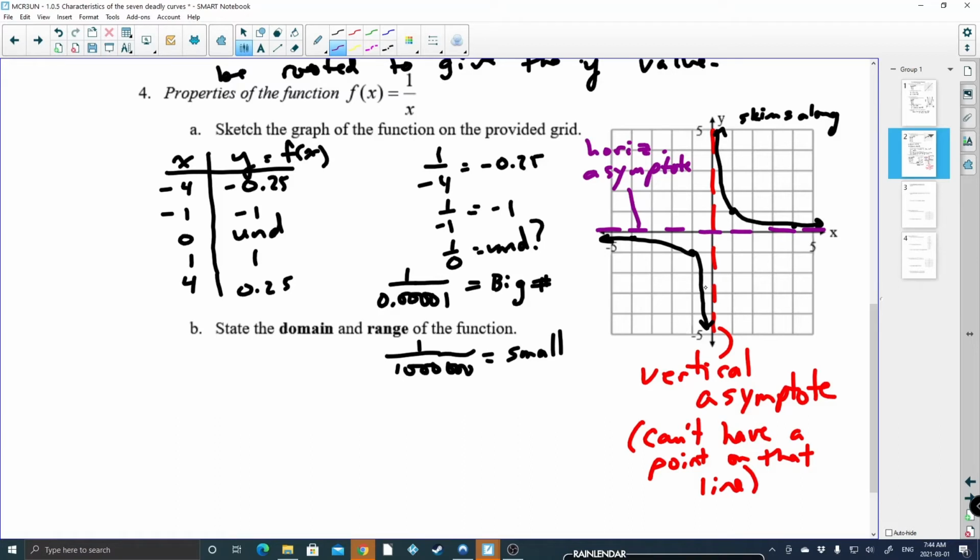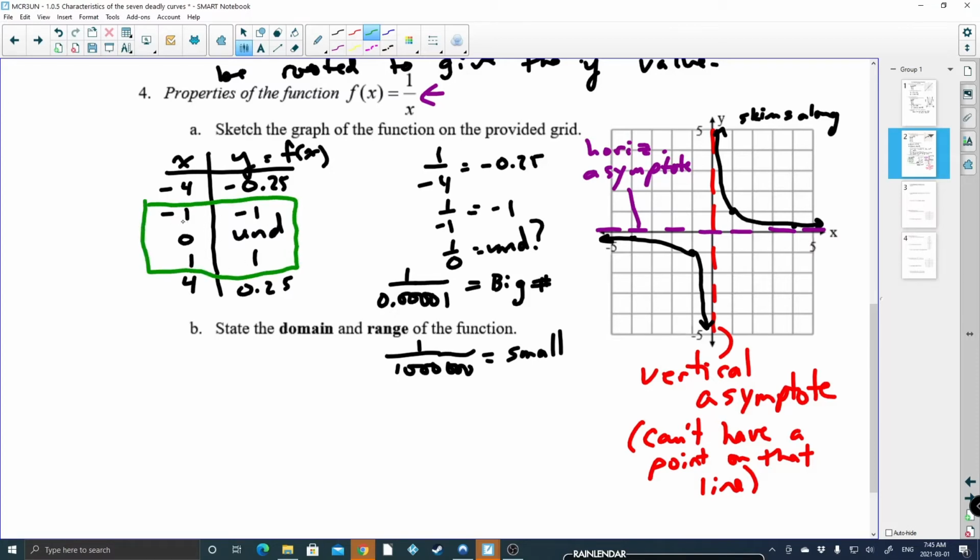So from forever on this point, when you see the 1 over x function, I need you to know that there are two asymptotes, a vertical asymptote and a horizontal asymptote. Those asymptotes are going to help you draw this graph. You're also going to use just a few of the values in the table of values then. Because if you know how the behavior of the graph is around the asymptotes, all you really need to know